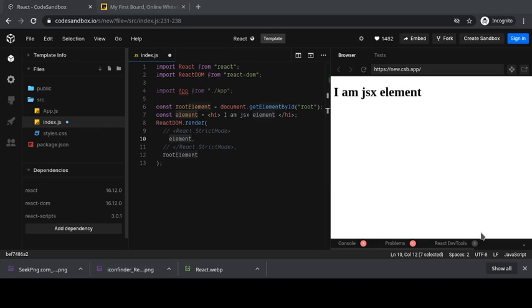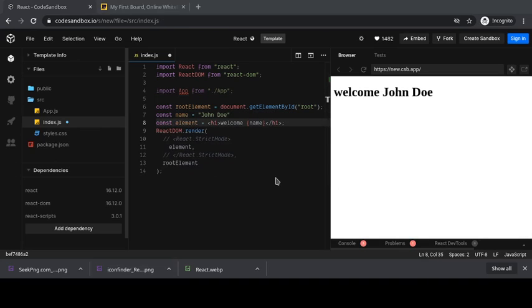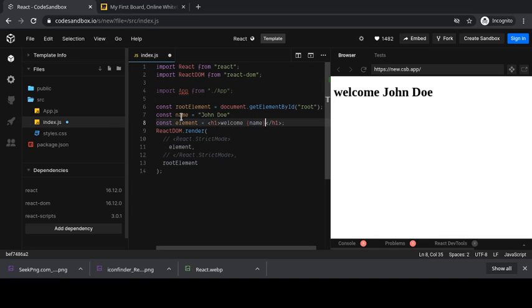Now let us see how to render a variable in a JSX element. For that, we are going to the browser and I'm assigning the value John Doe to the name variable, and I'm passing the name variable directly to the JSX expression.